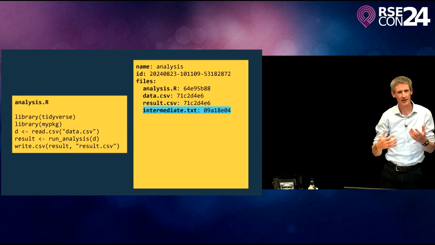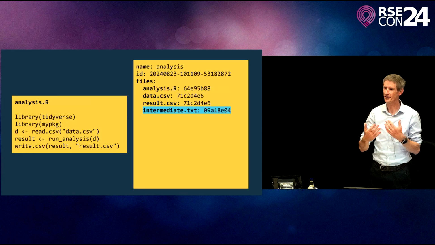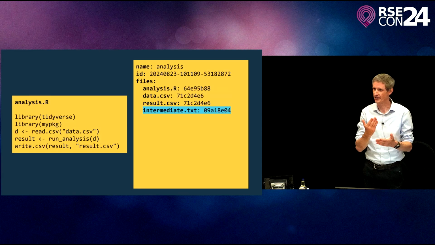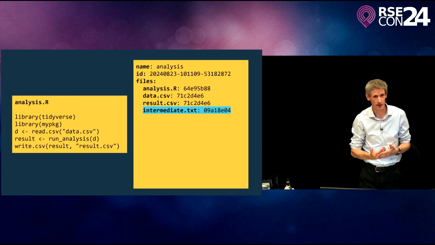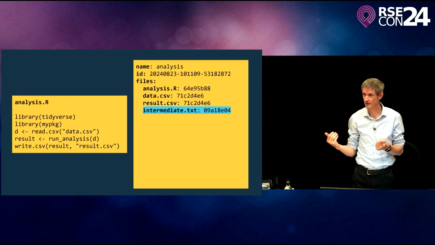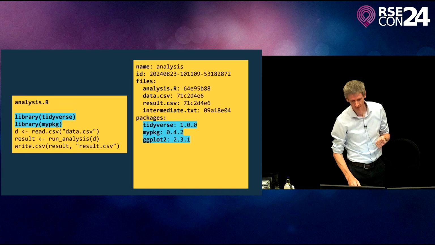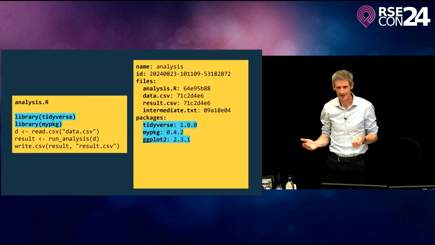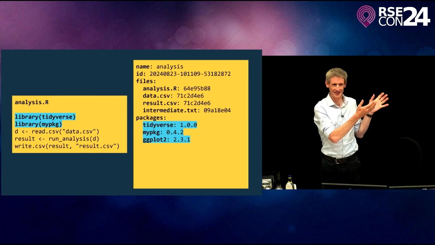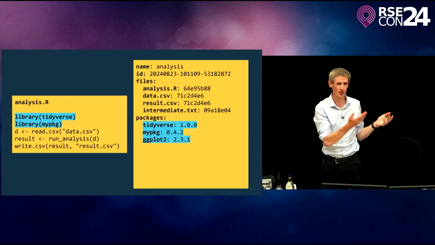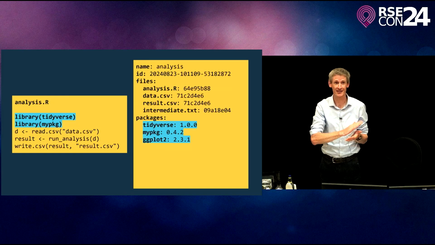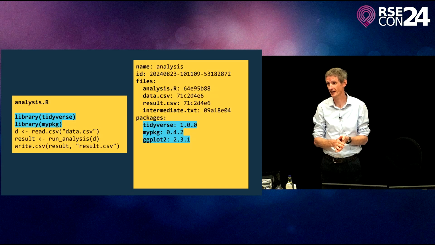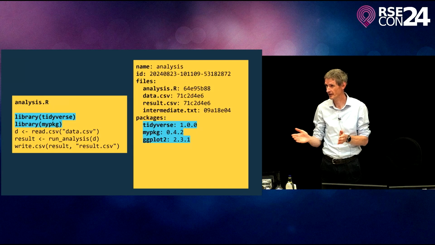So why are we getting the researchers to look after this? We can just monitor this as an analysis runs, right, in the tooling and store all of this potentially very useful information alongside of it. We know what packages they used as well because we ran the analysis. We can just ask the interpreter what packages have you got loaded at the end of this, and we can save all that information so that later on when they say, well, what was different about this, we can say, well, you ran it with these versions, I ran it with these versions.